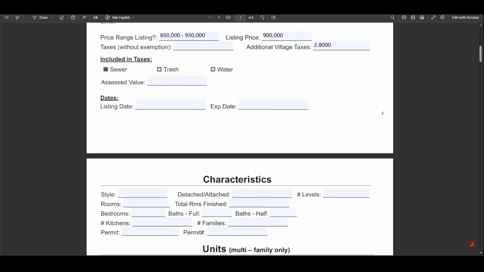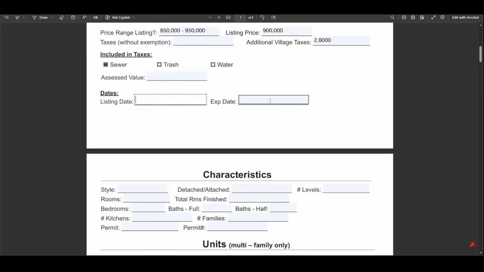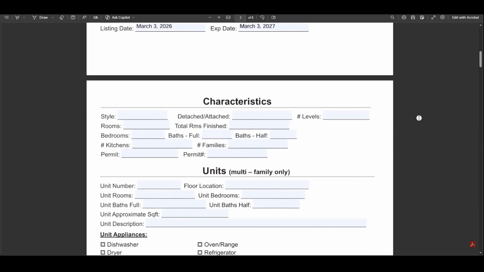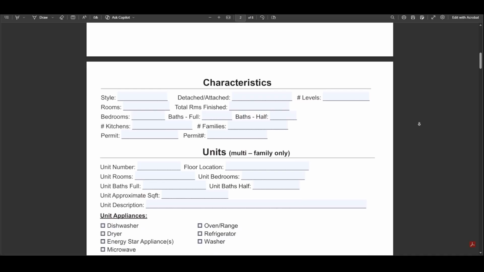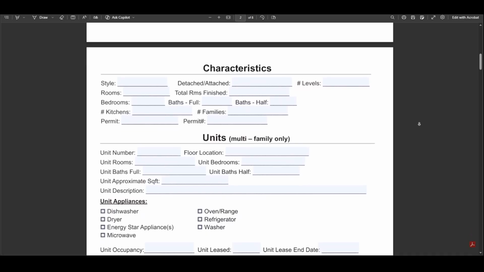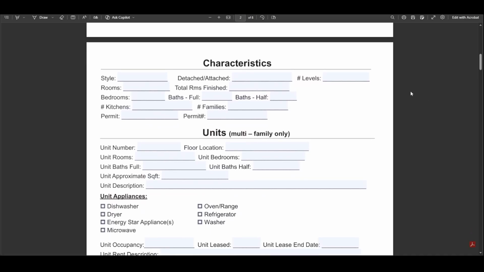And you have the dates when the listing date is going to be public. Usually it is a year. That is the standard. It could be less in this situation. Let's continue down below to characteristics. Here you can put the style of the house, if it's detached or attached, how many levels, if it's a 1 floor, 2 floor, 3 floor, how many rooms does it have, total rooms finished,